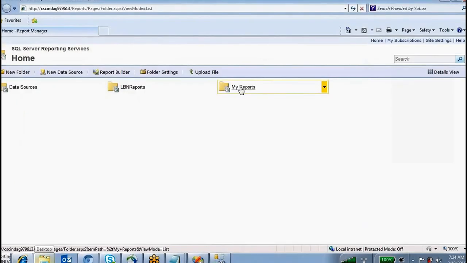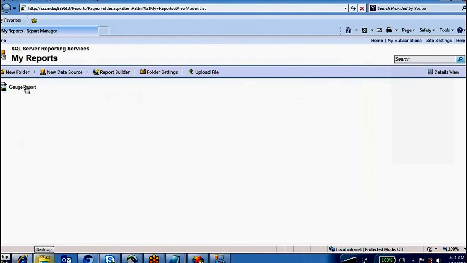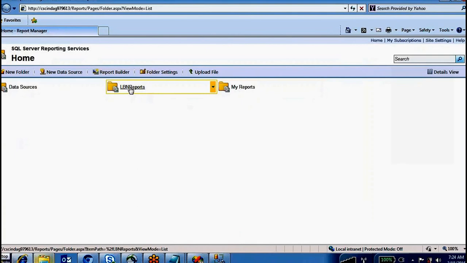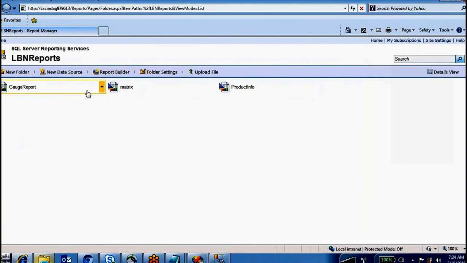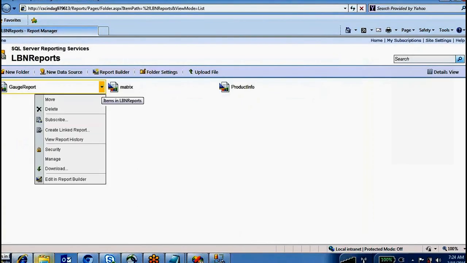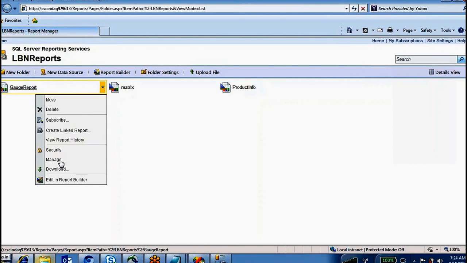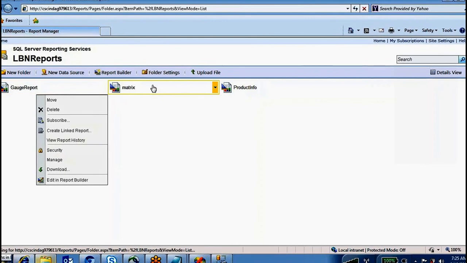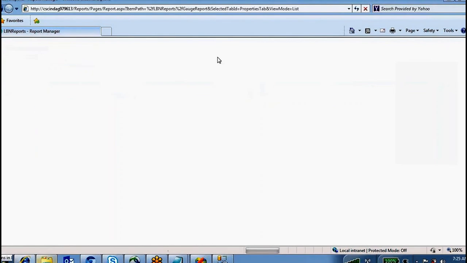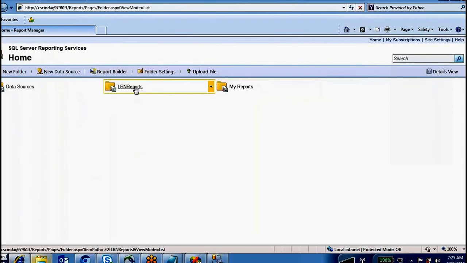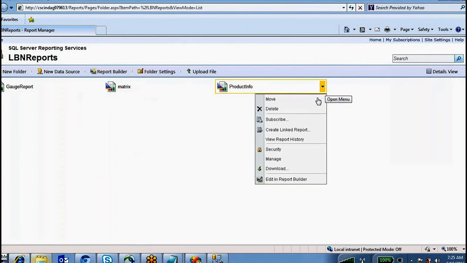You can see this report is coming. For example, if you want to move any report from one folder to another folder, how can you move it? You just click on this arrow mark and go to Manage. Not this report, I will take another report. This report I want to move.